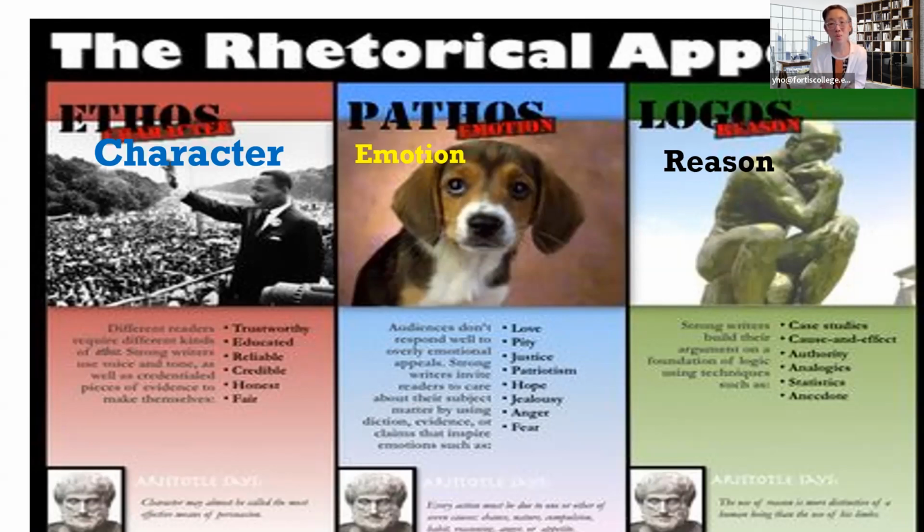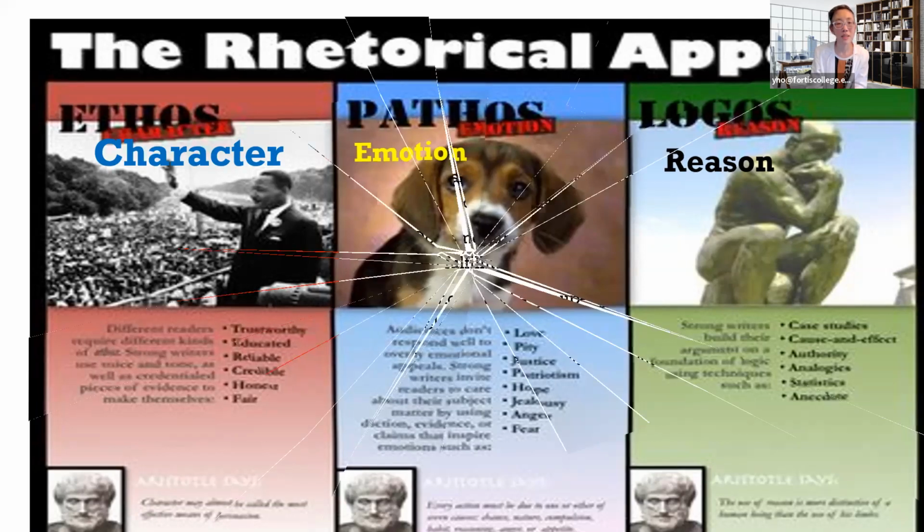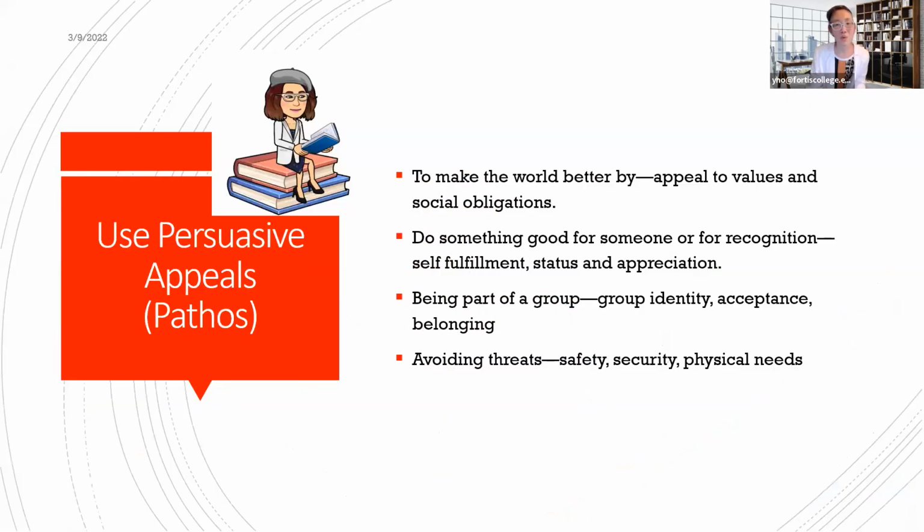And logos, which we just went through, is case studies, autobiographies, anecdotes, okay? They persuade you by using credible evidence. So those are the three ways in which you can persuade somebody to do something. These are three different pillars of persuasive argumentation. If you have all three pillars, you have a good argument. And if you're missing any one of them,